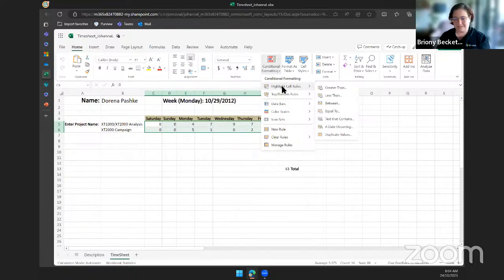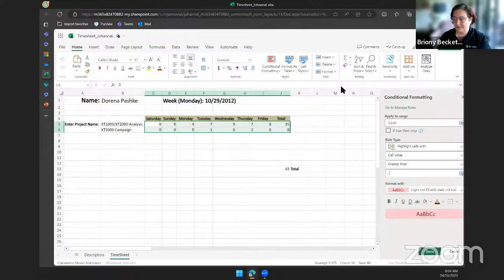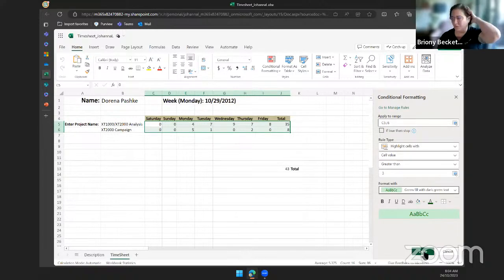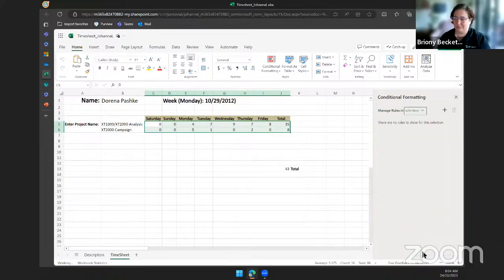Highlight cells is the one I use all the time, and they're all built in. We're going to say greater than 3, and we're going to make this green, because I want to know which days in this particular one Dorina worked more than 3 hours. And easy as that, it will automatically change the cells.